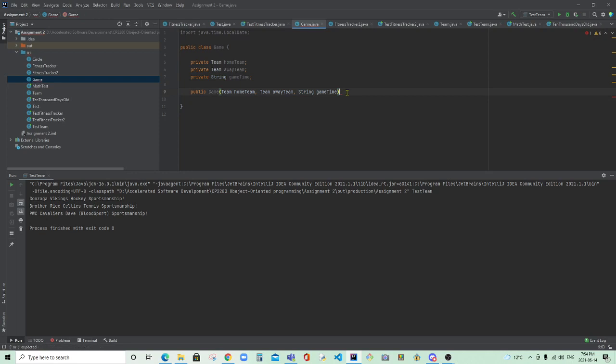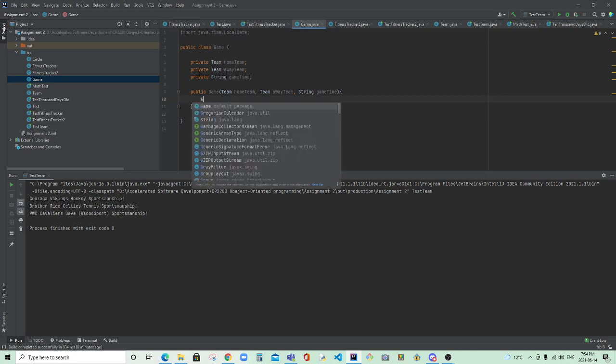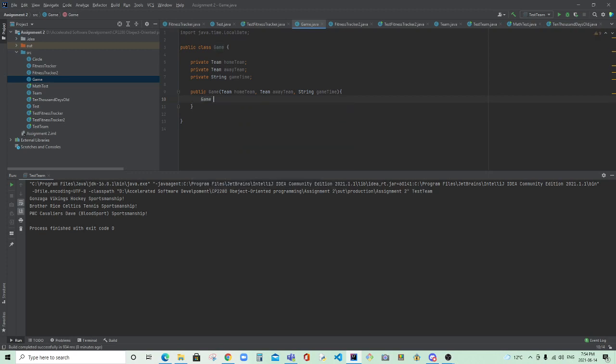Yep. And then we have to put our curly brackets in, because this is where we get it to do something. We're making a new game, and we're given these two teams and a game time. We have to put them somewhere. We have to put them in the game, in this, this dot